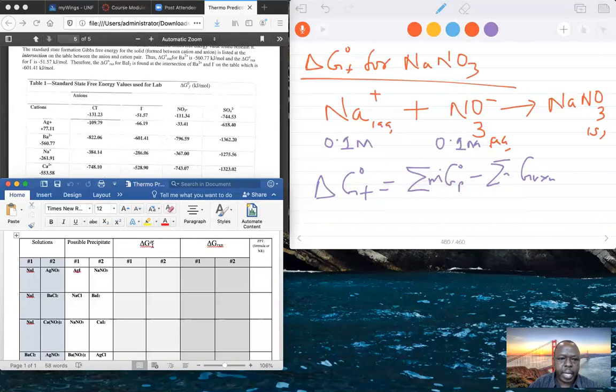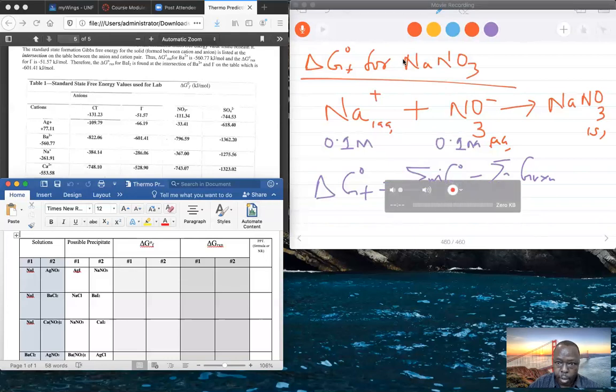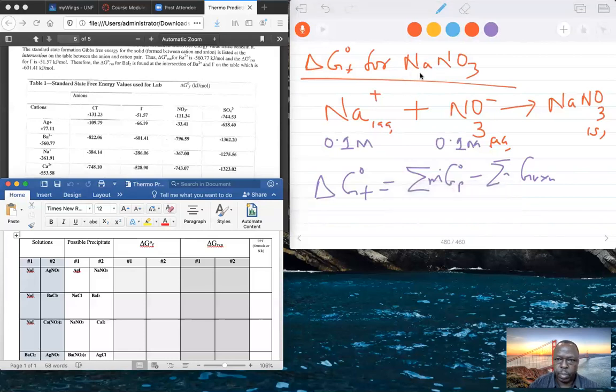So for silver nitrate, which will be number 1. Remember, we had labeled this as our possible number 1. You have to be consistent throughout. This was number 1. You will use this table right here, table 1, and the product here is